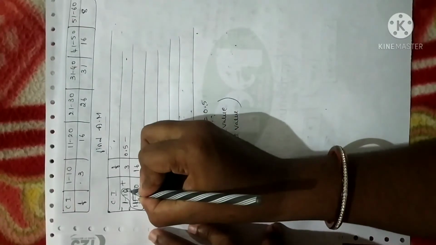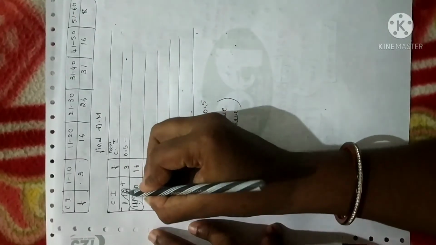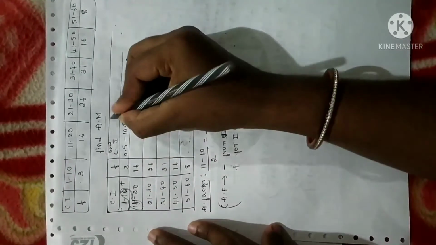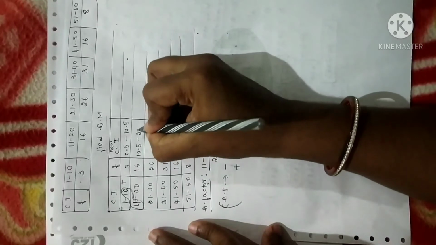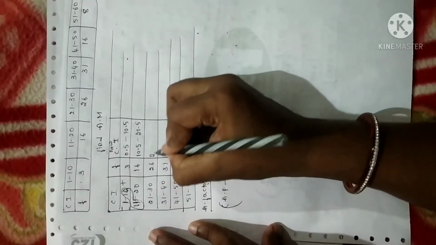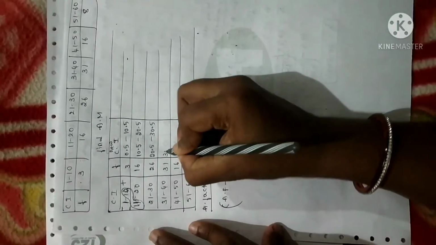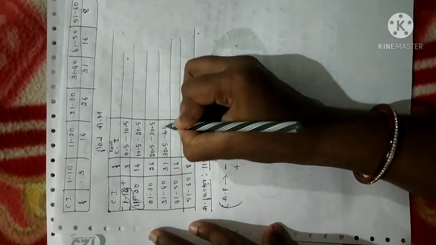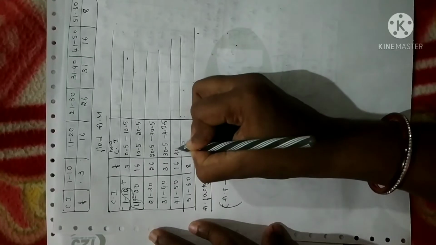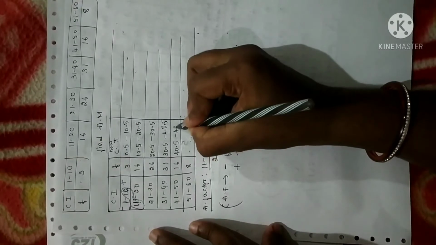Next you have to add 0.5 to 10, so the new class interval is 10.5. Again, the adjustment factor subtracted from 11 gives 10.5. Again add it to the second value, 20.5; subtract, 20.5; add, 30.5; subtract, 30.5. First value subtracted, second value added, 40.5. Next again subtraction, 40.5, addition, 50 minus 0.5 is 49.5.